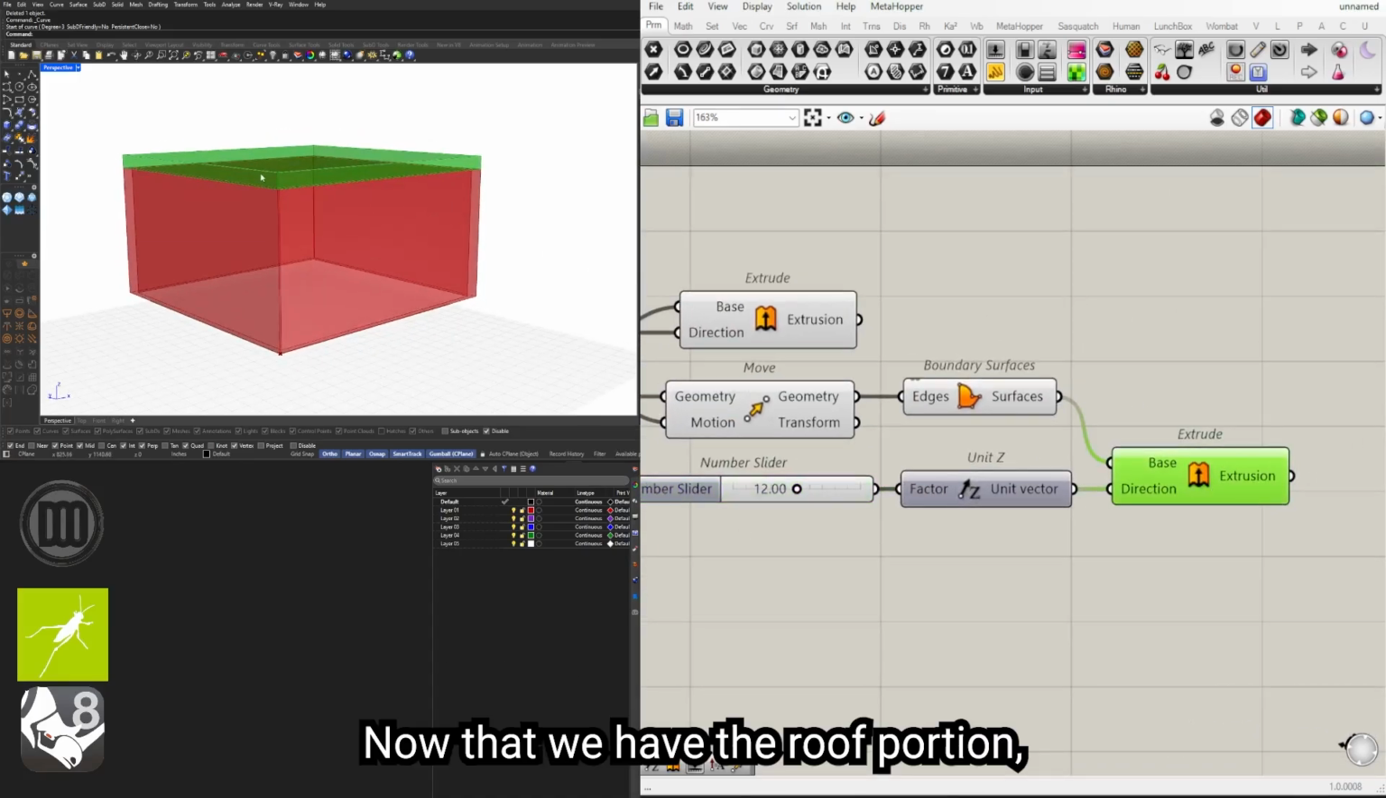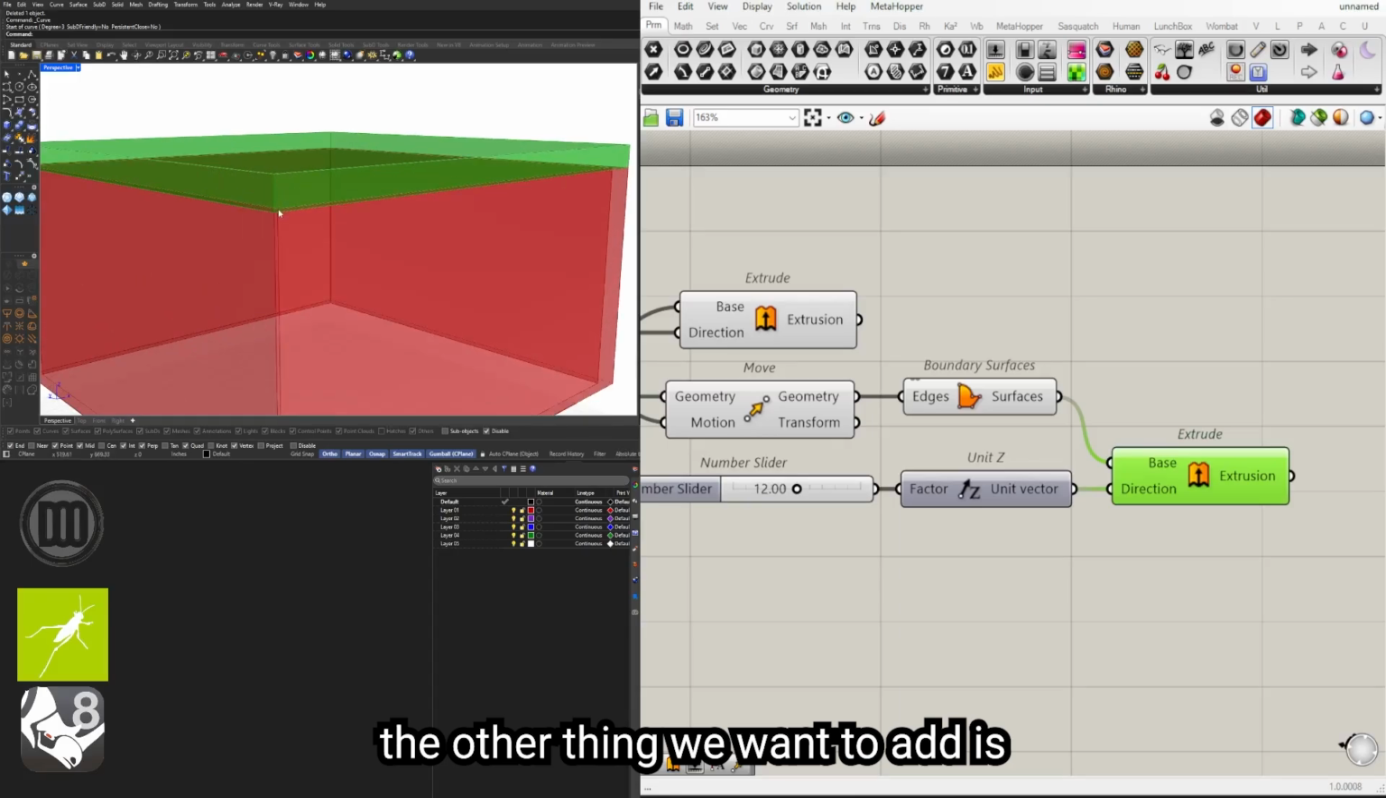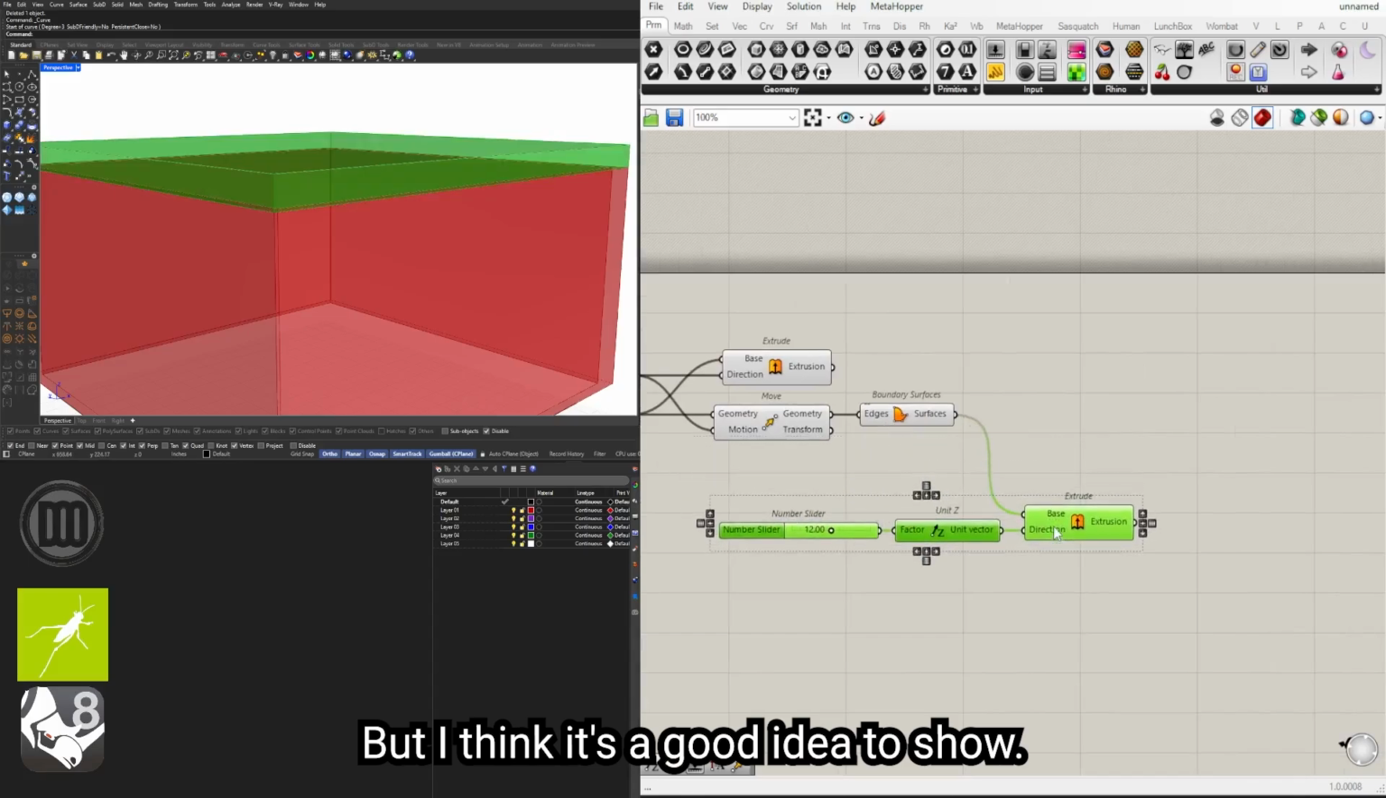Now that we have the roof portion, the other thing we want to add is this would be the roof rafters. Then you're going to have the roof sheathing right on top. So we don't necessarily have to do that. We could just keep it as a solid and then account for that within the massing here. But I think it's a good idea to show